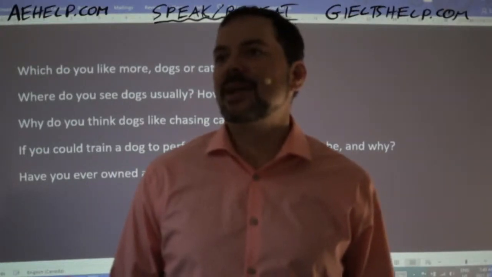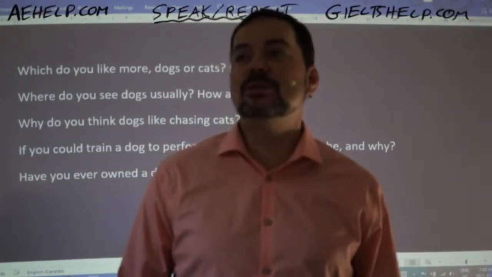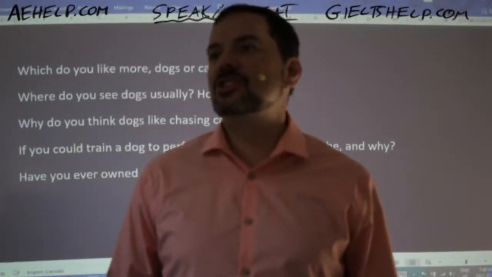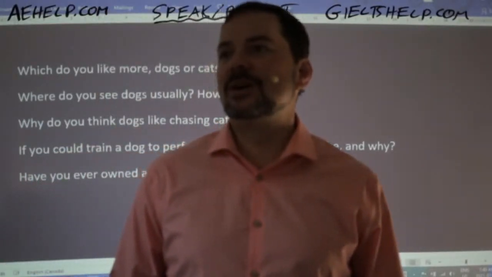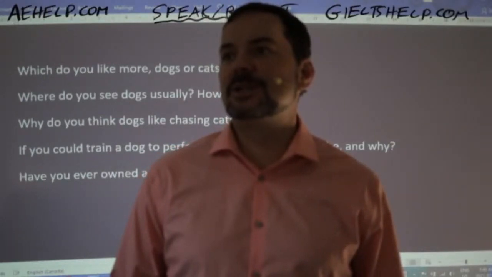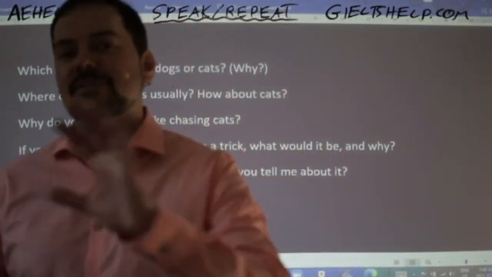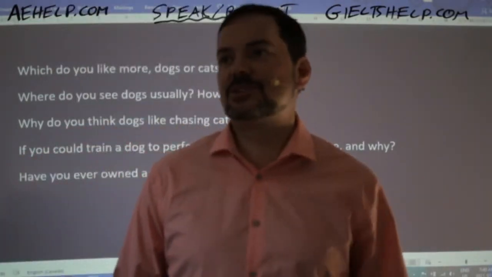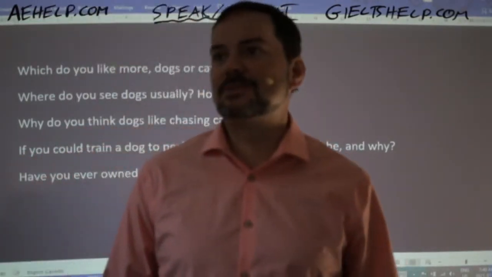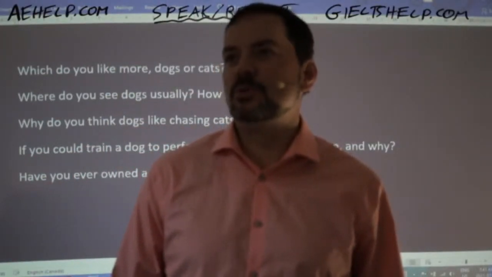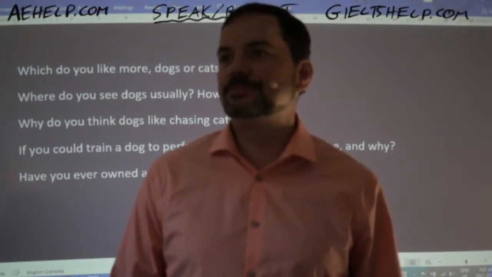Let's see. MRK says, I like dogs over cats as they seem to be more loyal than cats. After watching Hachiko movie, which is about a Japanese dog that used to wait for its master near a railway station, even 7 years after his death. Yeah, they're very loyal. That movie, if somebody wants to have a river of tears crying, it's a good one to watch. Absolutely, MRK. Hachiko, yeah, I think the name of the movie is the name of the dog as well.